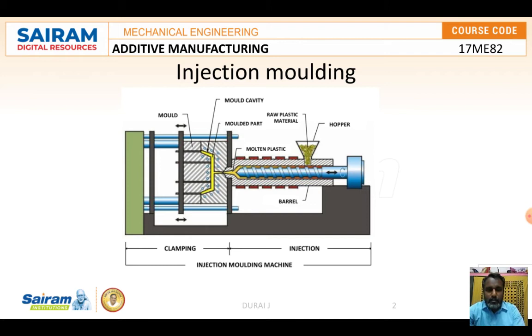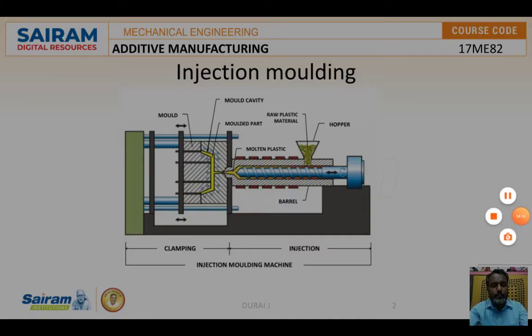Here is one point you have to remember. While passing through the threads, due to the heater, the material gets softened and is converted into the desired shape. Then, due to the pressure, it descends into the molded part and occupies the full area. Then we allow water cooling. Due to the water cooling, it gets cooled and we can open the mold and get the required component. Okay, this is about the injection molding process.